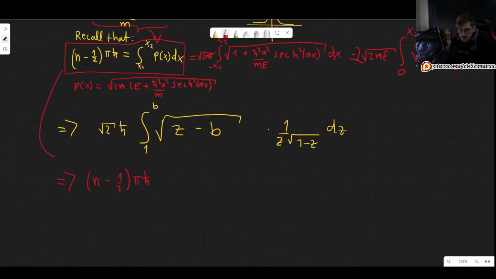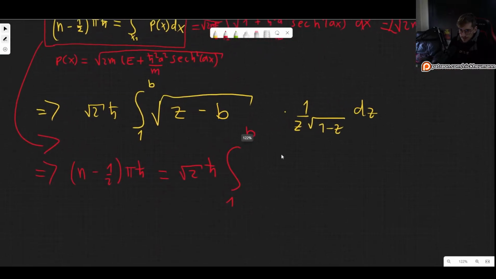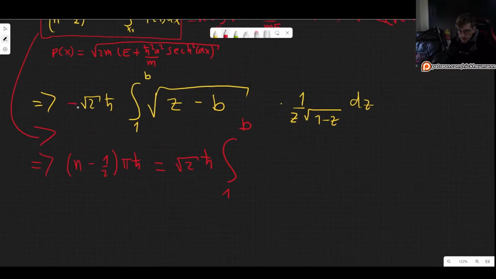And okay, let's just rewrite this one final time and say, okay, n minus 1/2 pi h bar, right? That's where this whole thing came from. This is equal to the square root of 2 times h bar times the integral from 1 to b. Oh, and we almost forgot about the minus sign, by the way. We almost forgot about the minus sign, so thank God I noticed. So minus here and minus here. And this is square root of z minus b over the square root of 1 minus z, 1 over z,